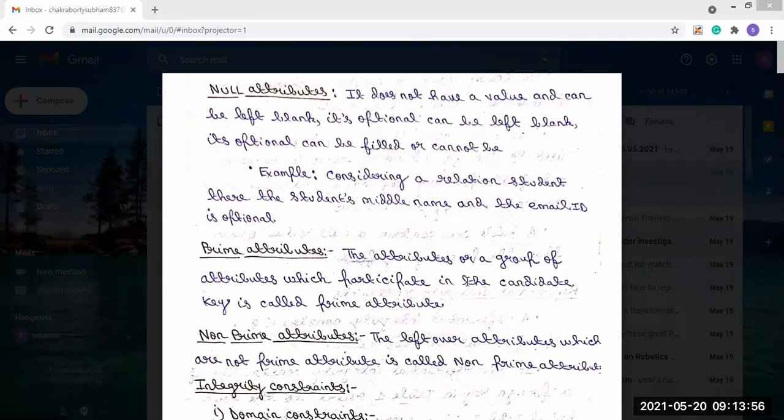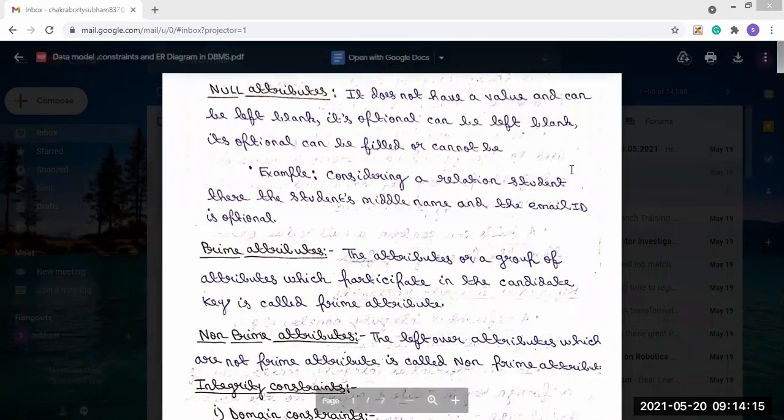And the non-prime attributes are the leftover attributes, the attribute or group of attributes which don't participate in the candidate key. Okay, so these are the types of attributes.